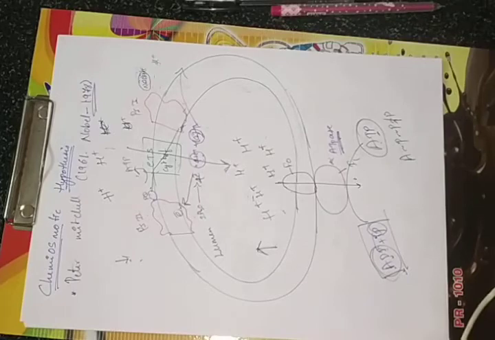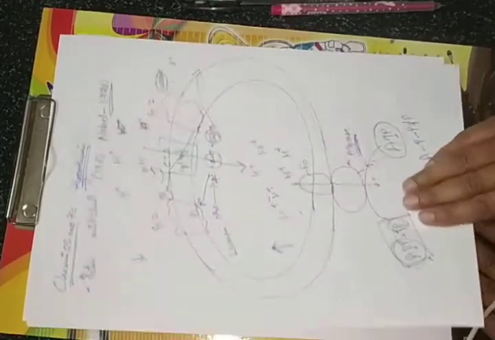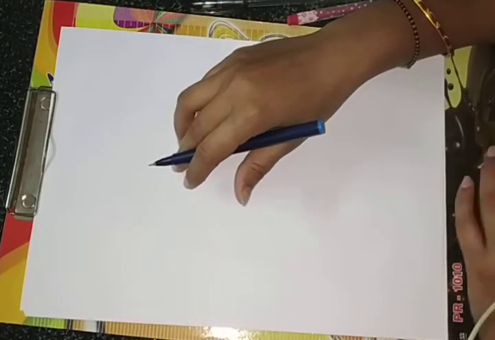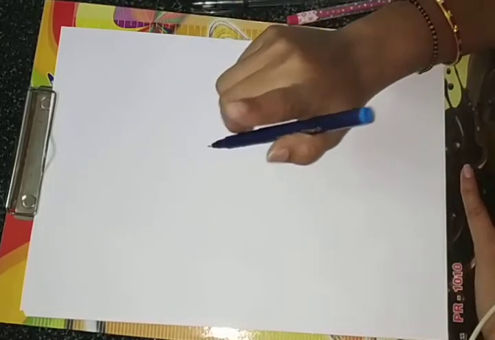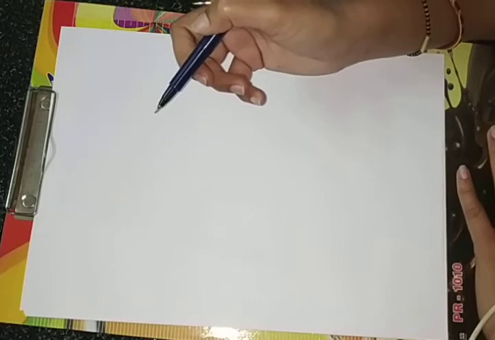Let me talk about something more than this. After this, one question arises: where are this ATP and NADPH actually used? First, the products of the light reaction are ATP, NADPH and oxygen. Oxygen will be diffused out. ATP and NADPH are used to synthesize food, that is, in the biosynthesis process of photosynthesis.